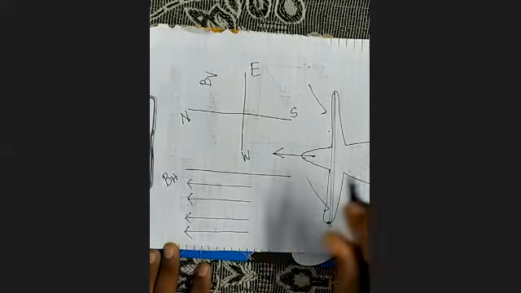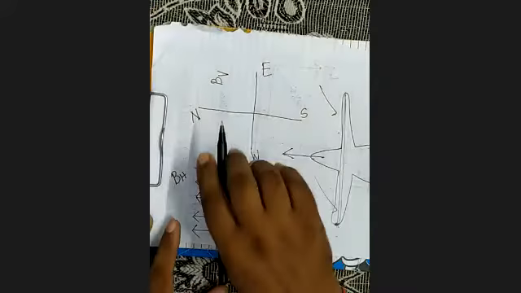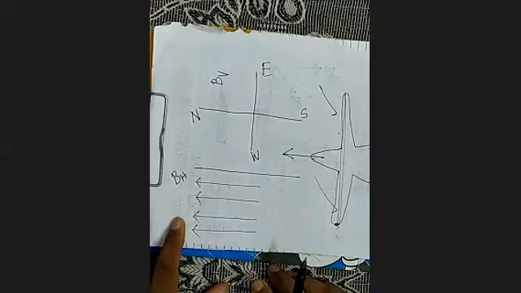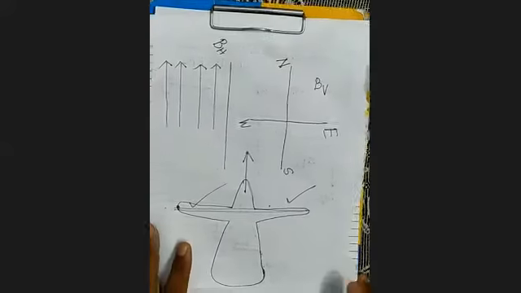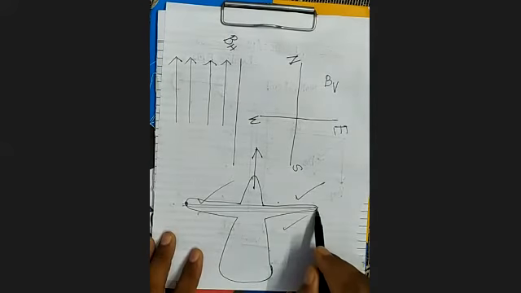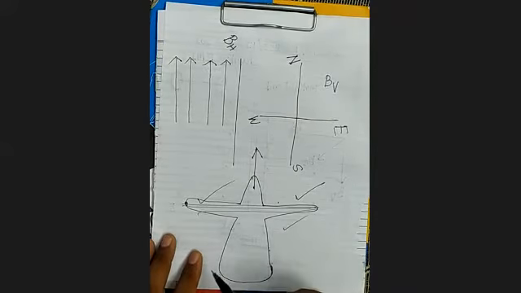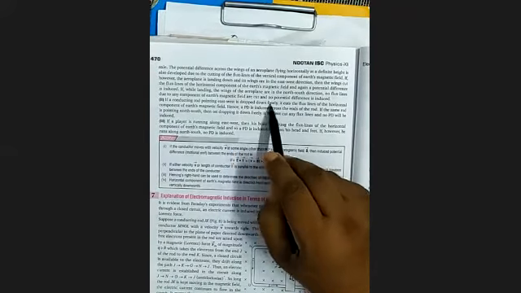Because of BV, when it is landing, it has a velocity component along the downward direction, and because of that, no EMF will be induced. Now see here, but if it is landing in such a way that the wings are in the north-south direction, then no EMF will be induced because of BH. So if while landing the wings of the aeroplane are in the north-south direction, no flux lines due to any component of the Earth's magnetic field are cut and no potential difference is induced. So that we will remember.